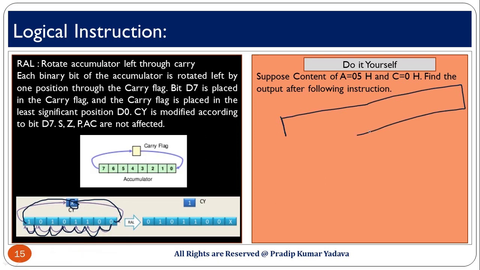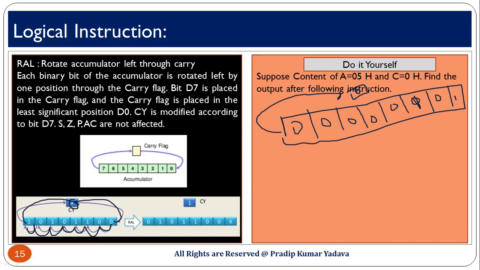Firstly, you have to draw 05: 0, 0, 0, 0, 0, 1, 0, 1. The value of carry is 0. Now, what will happen? 0 will be here, this 0 will be here, and everything will be transferred 1 bit left.